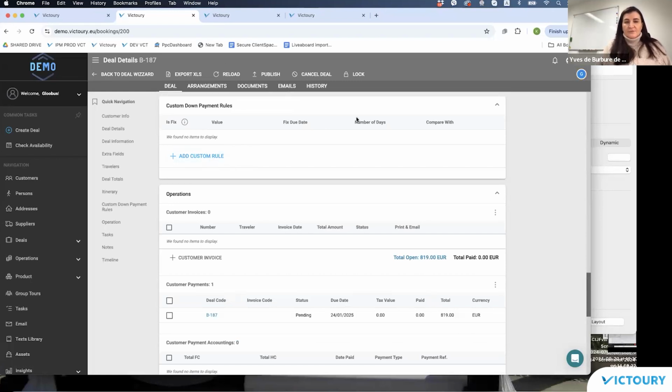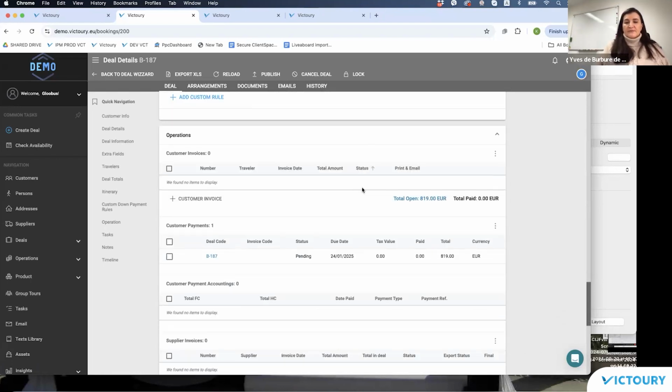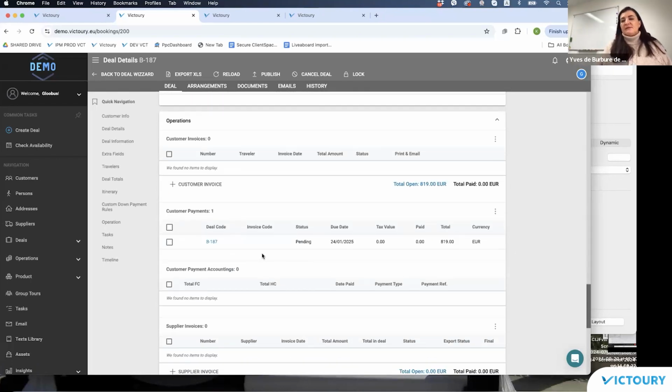So when you checkmark to use custom down payments, in that moment the system will just delete the down payment that has been generated based on the general settings. So even if you have checkmarked it and you will not set up any custom rules, the system will not lead to an error. It will just use the calculated whole amount as the rest payment, and you may also see it here immediately.